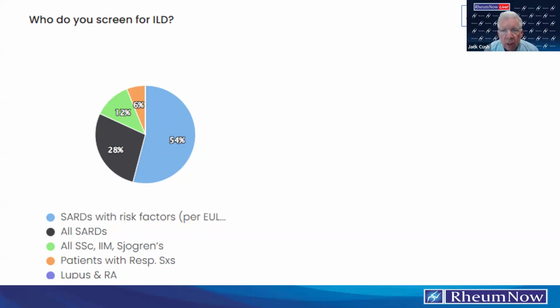So Artie Kavanaugh asked a question about, are we putting too much stock in autoantibody panels, especially for scleroderma and myositis, especially in light of the fact that the guidelines have come out and said the screening tool of preference is the high-res CT, without much mention, I must say, for autoantibody panels. So what is the importance of autoantibody panels? Well, I think they are important because they do risk stratify people.